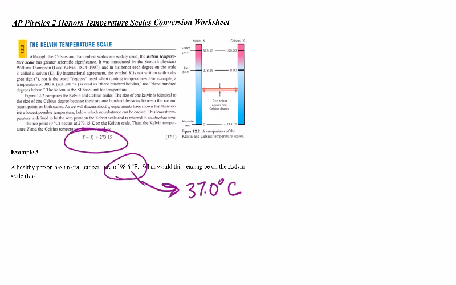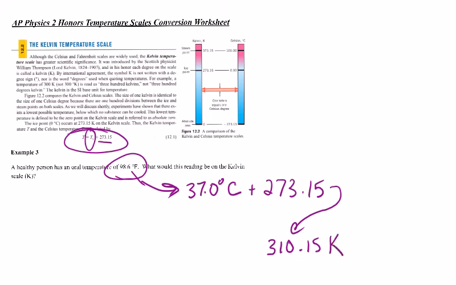Now, if you have a temperature in Celsius, to change it to Kelvin, you just have to add 273.15, and that will change it into Kelvin. Now, I'm usually pretty lenient that I don't worry about the 0.15 because very rarely do I actually need that extra number, but if you really wanted to be exact, that's what we should have. So when I add these two lovely numbers together, I get 310.15, and like I mentioned, you don't actually put the degree symbol, you just write a big K for Kelvin,